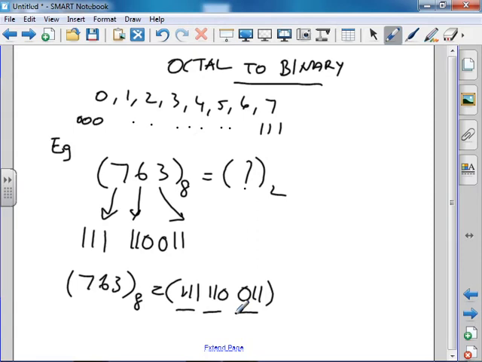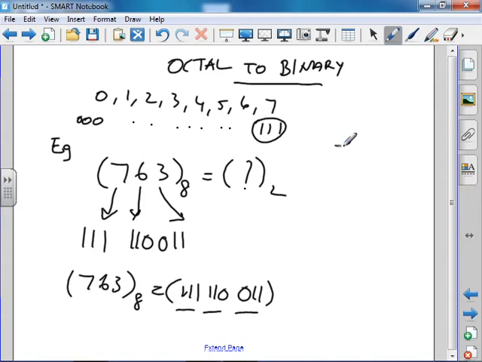See, here we have written each digit into 3-digit form. Why? Up to 7, the maximum value of 7 is 3-digit. So we have written each number into 3 digits. If it is a hexadecimal number, how many digits do we write? We write 4 digits, because a maximum of 4 bits is used. 15 is 1111. Okay, I think you understood this, so I need not repeat it again.